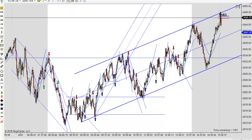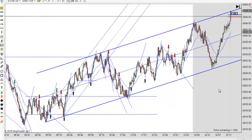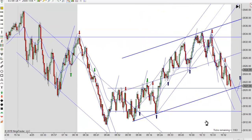So this might just be a correction in a bigger downtrend, or we could reverse from here and trend up again. But I'd call this a slight reversal day, although it could just be a correction and not necessarily a reversal, if that makes sense. I hope it does. But I'm going to back out and go through the trades. I'm going to move through them pretty quickly, unfortunately, but